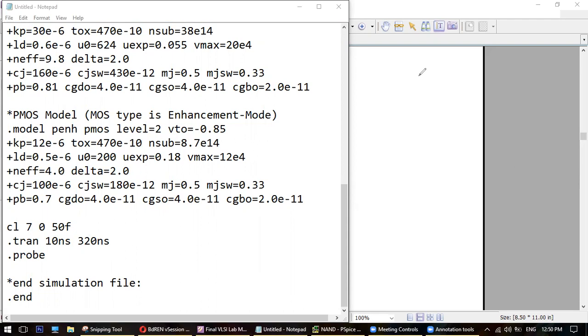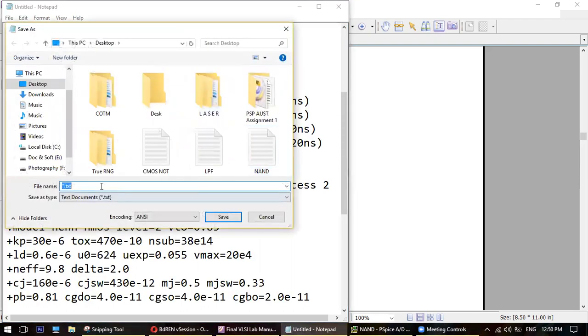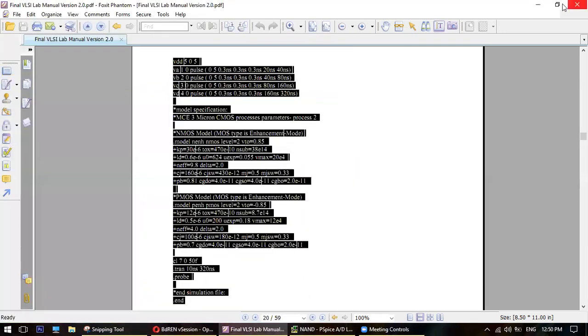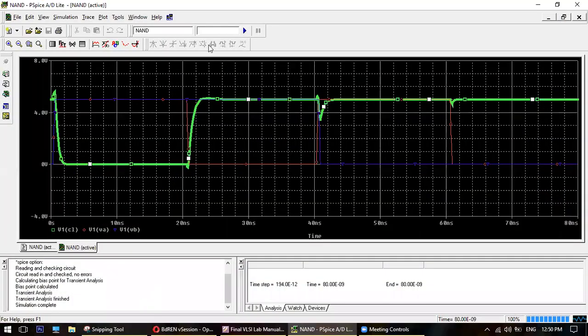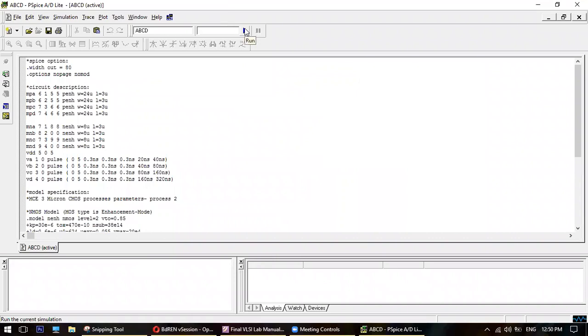Okay, let's make a circuit file, and let's save this as abcd.cir, and the text file will be all file. This is your ABCD circuit file. Double click. Now this is your PSpice AD light edition.